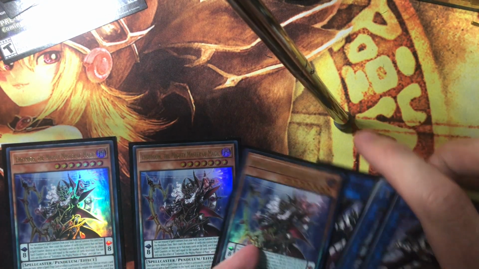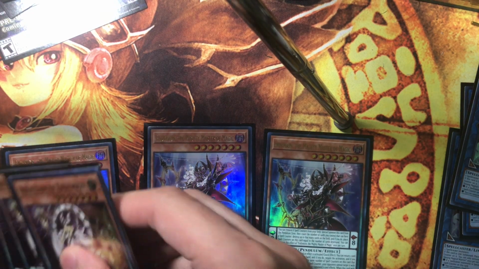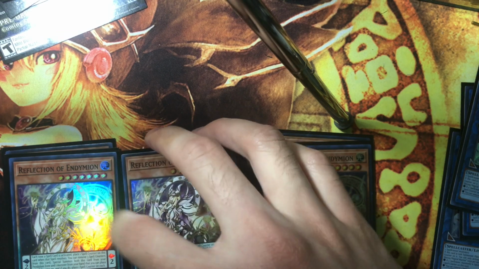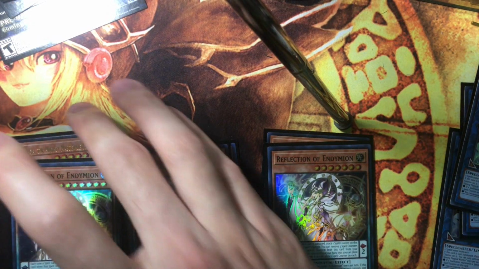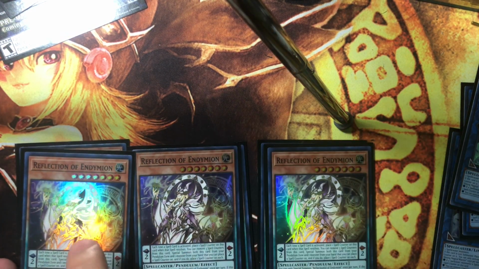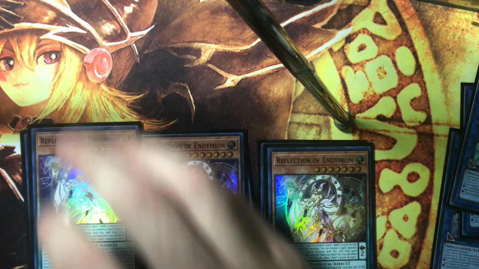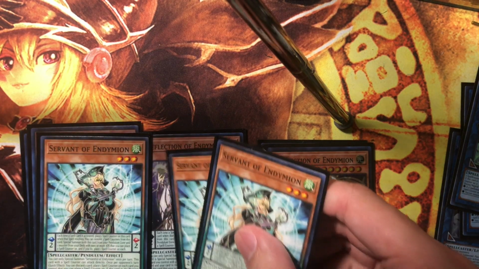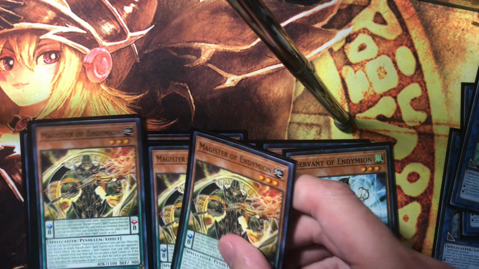Let's have this in our usual setup. Then we'll be playing 3 Reflection of Endymion. I just realized that the OCG direct translation is actually Empress of the Endymion. Not sure why they changed it to Reflection. I thought she looks more like an Empress to me. So then we'll be playing 3 Servant of Endymion, 3 Magister of Endymion,